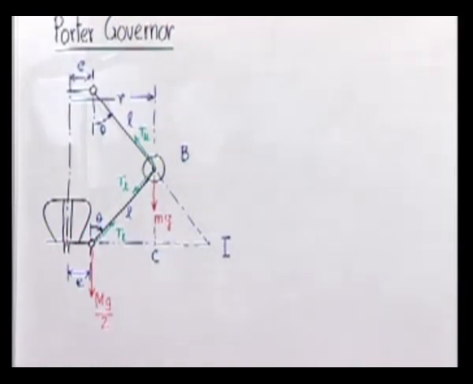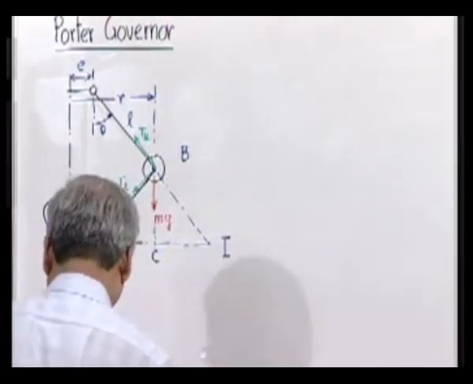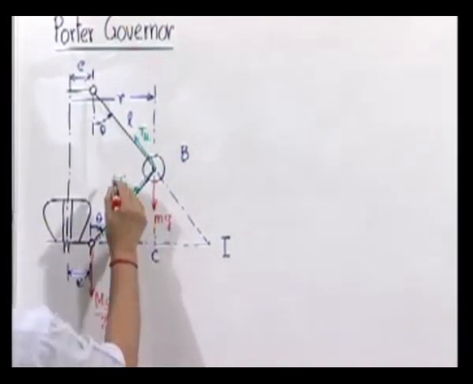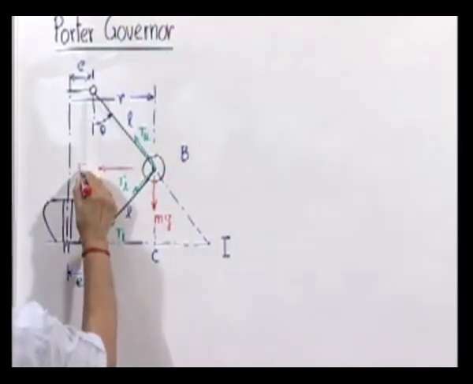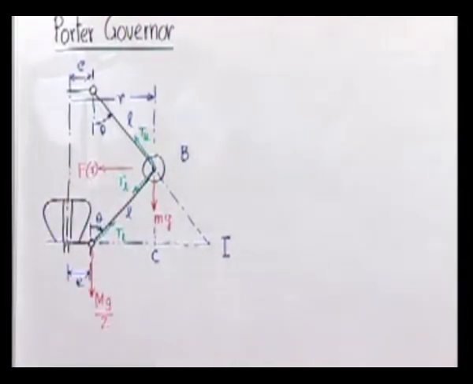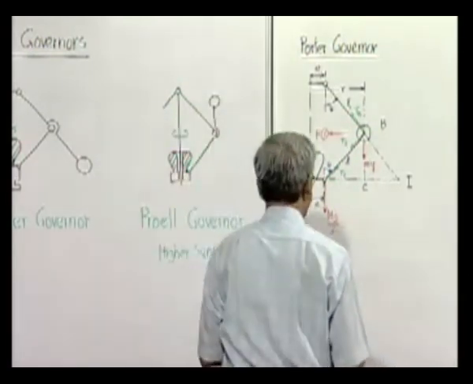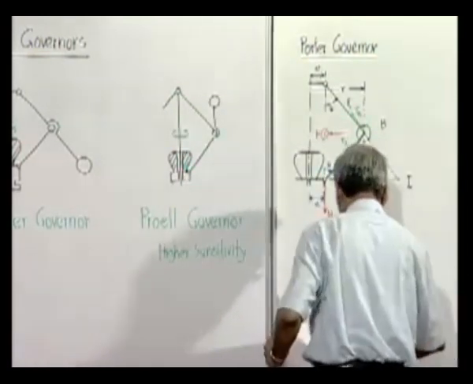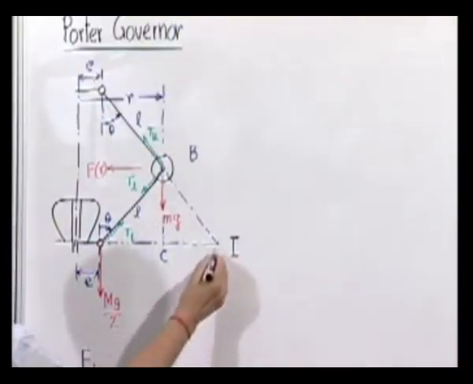Now what we do, let us take the moment of the forces acting at B. Now what we can do, effectively the control force we know, which we have always assumed to be a force representing all the restoration mechanism like gravity here, to be acting as a force in this direction. So if that be the case, then if we take moment about point I,